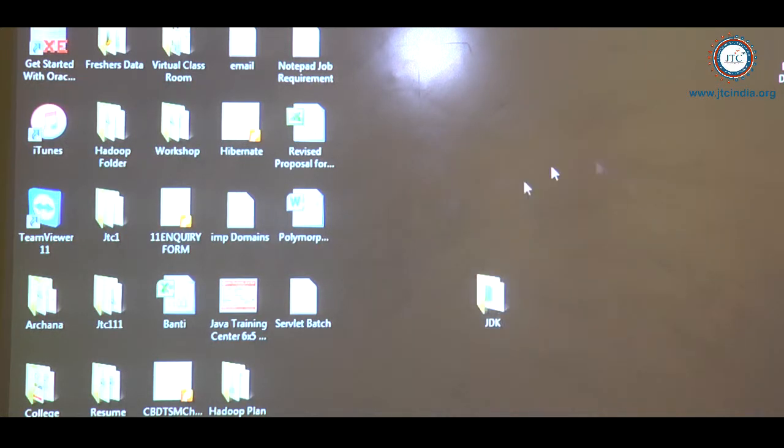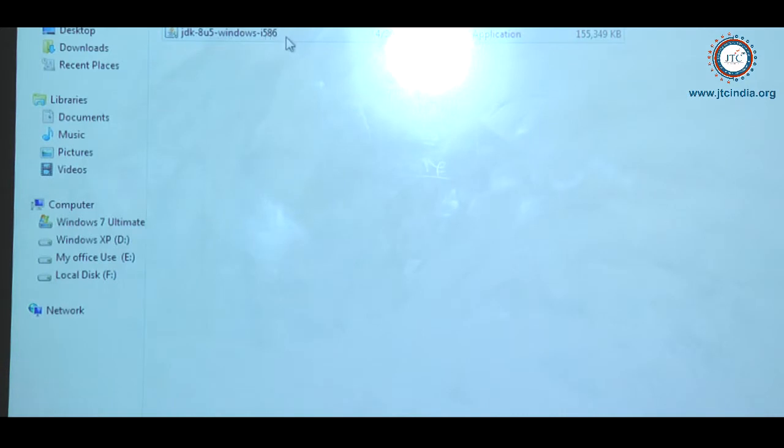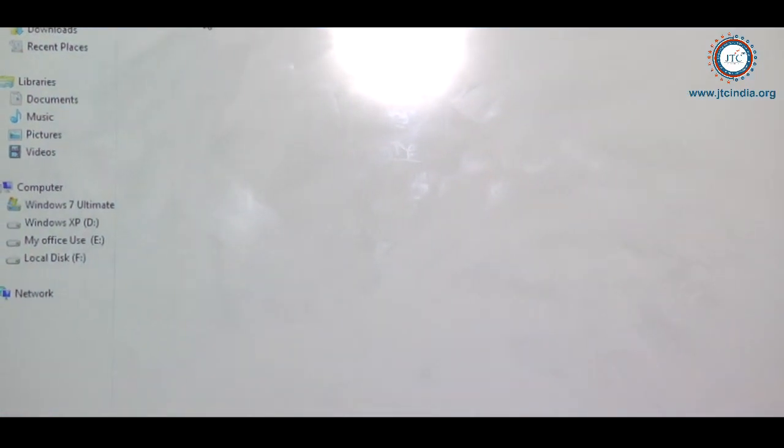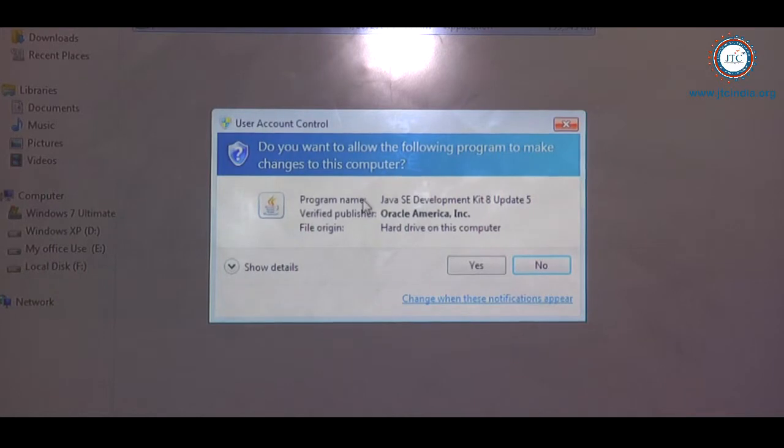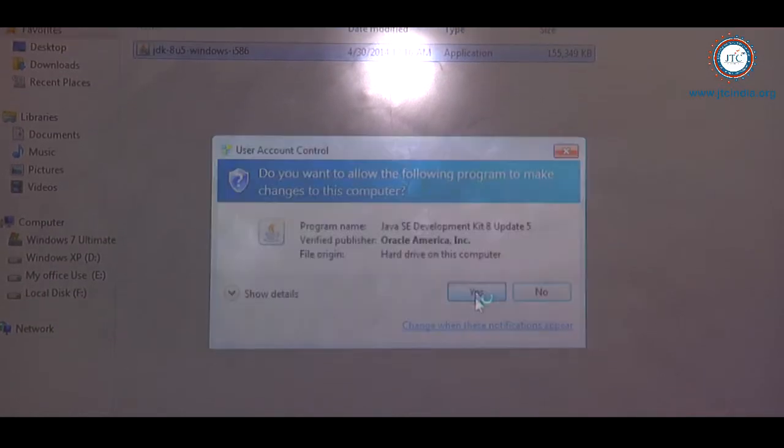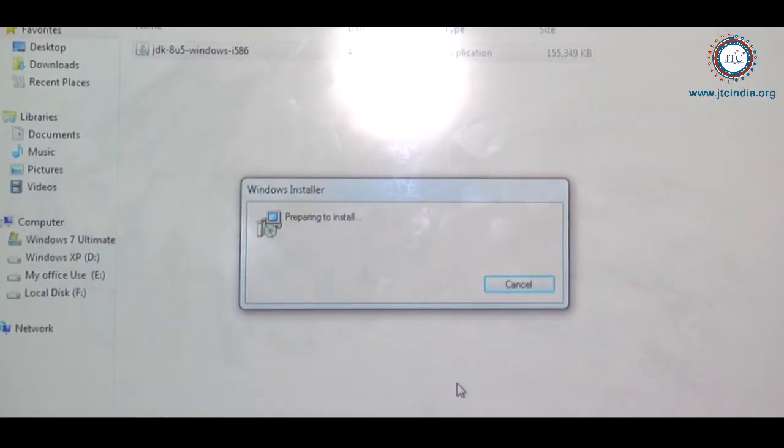Here, on my desktop itself, a JDK folder is there. In this JDK folder, I have the JDK 1.8 software. First I'm just going to install it. In order to install it, I'm double clicking on this and clicking on Yes. After doing this,